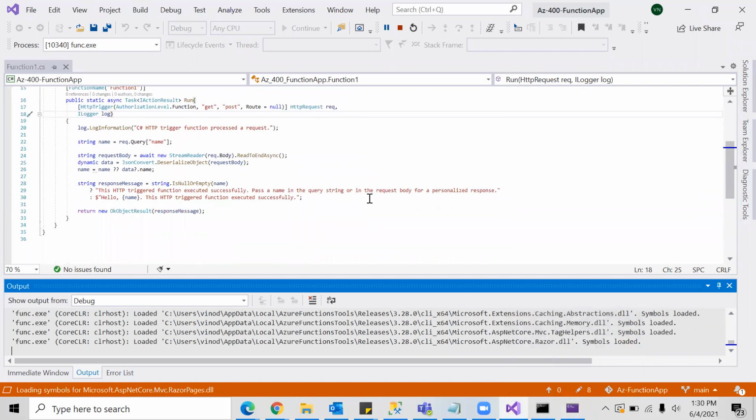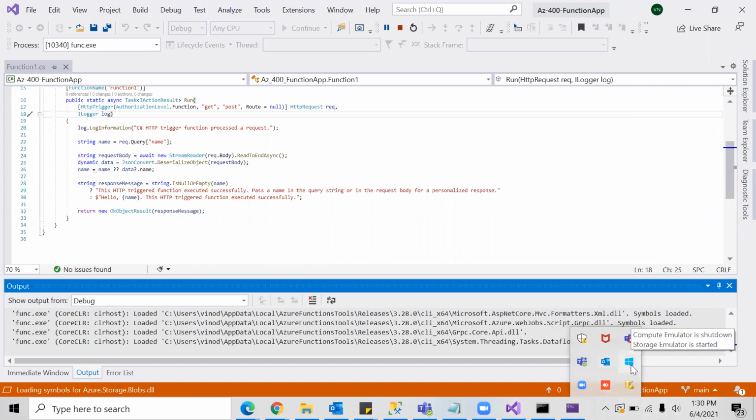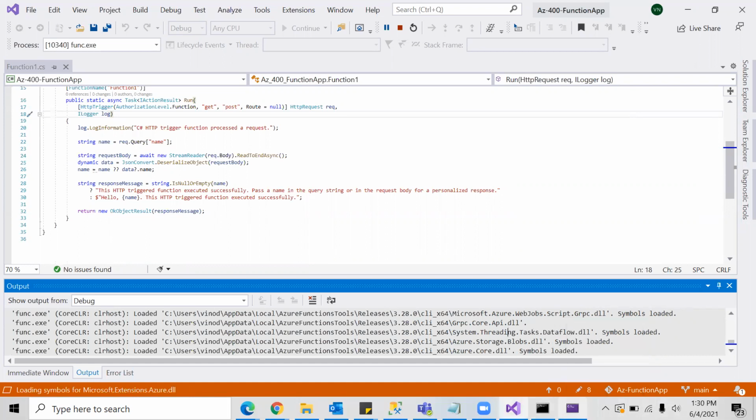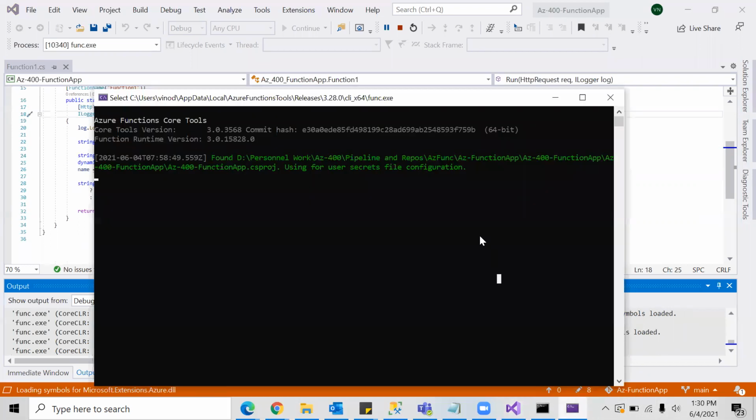It's just still loading. It's just taking some time.